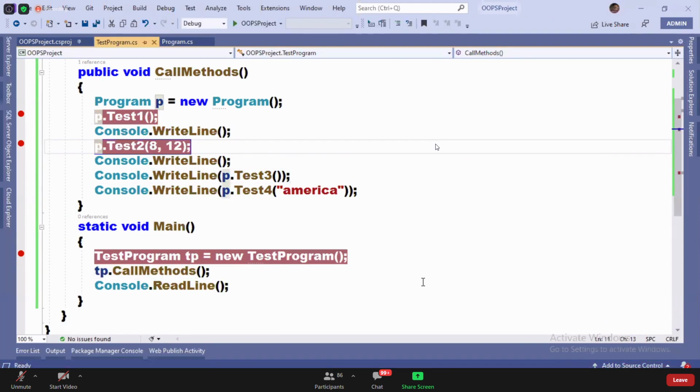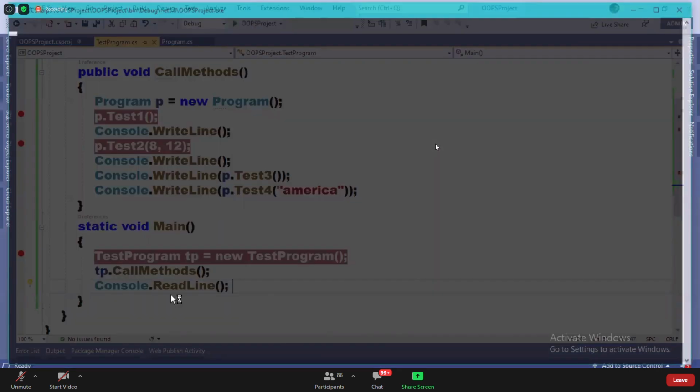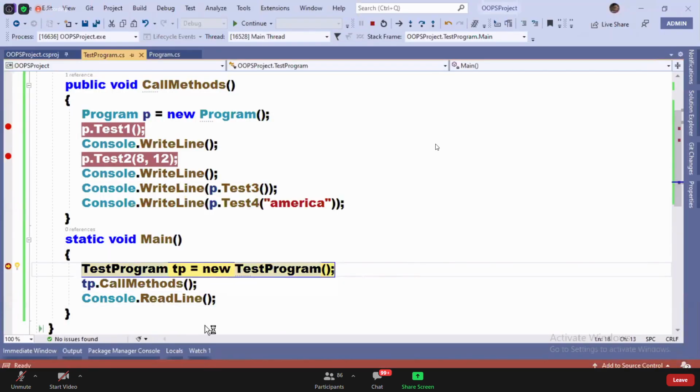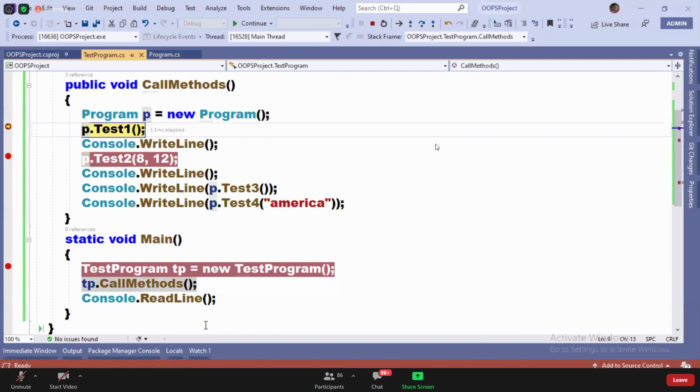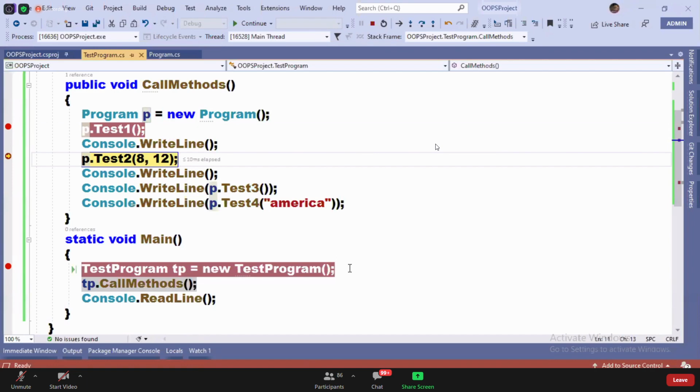Did you understand? I have 3 breakpoints. F5 stops at the first breakpoint. This is the first breakpoint. F5, second breakpoint. F5, third breakpoint. Understood? This is what you asked. Someone asked this question. I have 1,000 lines of code. From line number 10, I want to jump to line number 100. You can place a breakpoint wherever you want.